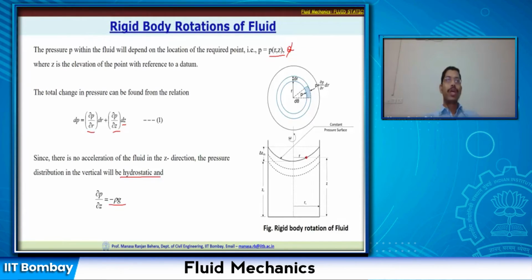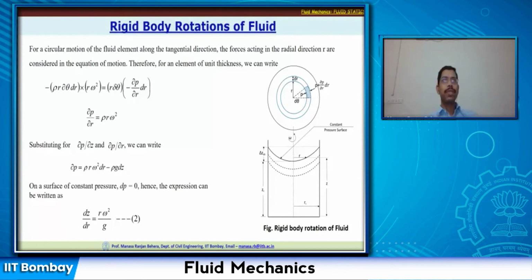Now we will also figure out what ∂P/∂R is. Let us consider this elemental fluid here, where R is the radius up to this point and theta is the angle. So R d theta is this stretch. The pressure acting on this element is P from this side, and there is a change over delta R, which is the width of the strip. So the pressure at the other point is going to be P plus ∂P/∂R into dr.